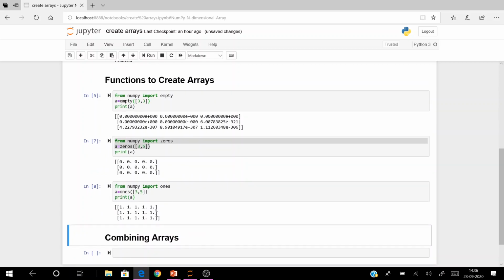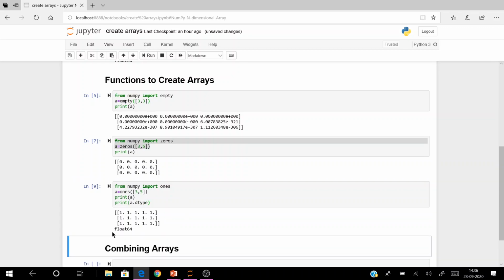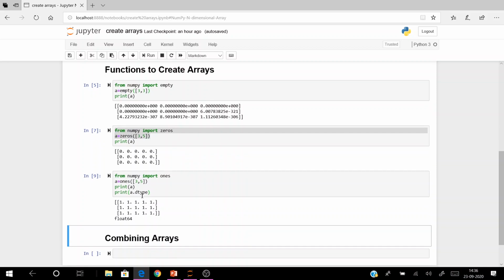Now you can see an array which is filled with ones. And now if you want to see the data type of it, it is float 64-bit. So all the values stored in the array are of what data type? Float data type. 1 dot, 1 dot, 1 dot. So dtype is an attribute which is used to return a data type.